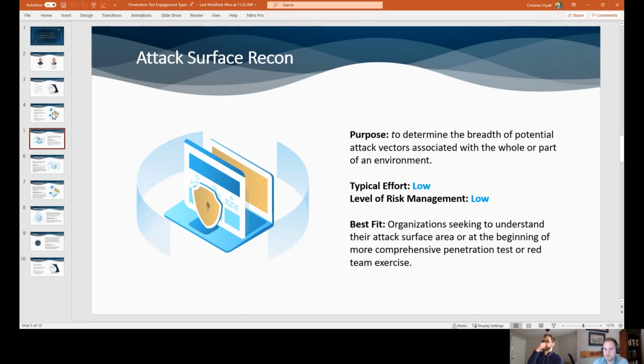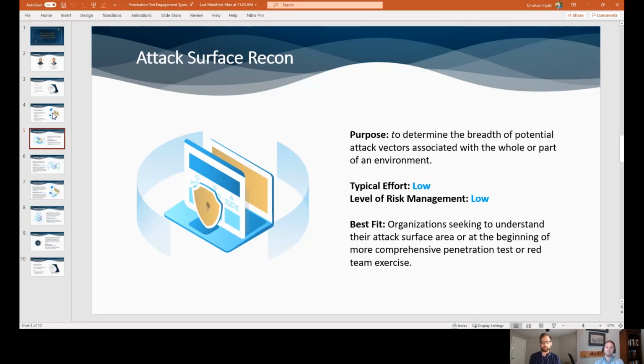Yeah, that hits the nail on the head. So a lot of these engagements we're going to talk about really just emulate part of what an advanced persistent threat would do in entirety. So there are things that define each of these engagements primarily by what is being left out. And we can get into that a little bit later, talking about leaving, for example, phishing out of penetration tests. But as far as attack surface recon, the things that are left out are some of the biggest ones: exploitation,